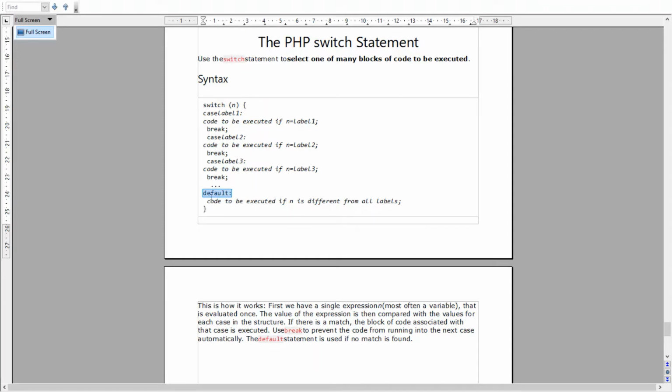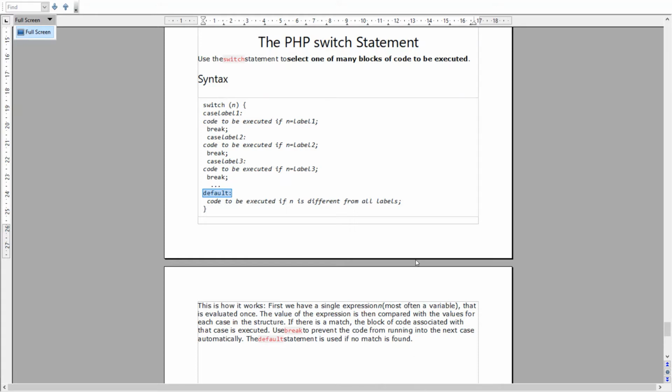If we don't use this default and somebody enters 8, 9 or any value for which we have not set a case label, the program may get into what we can call an infinite loop. So in order to make this execution faster and not put our program into an infinite loop, we will use the default here.